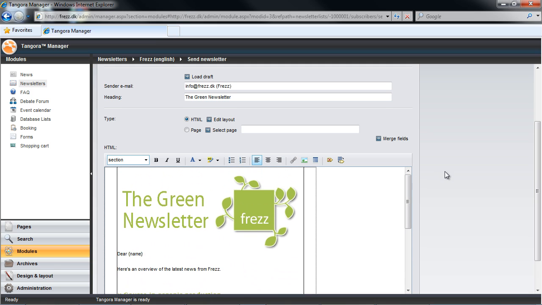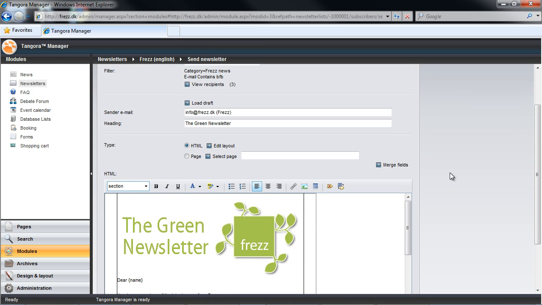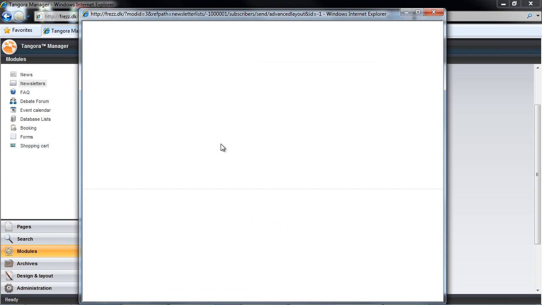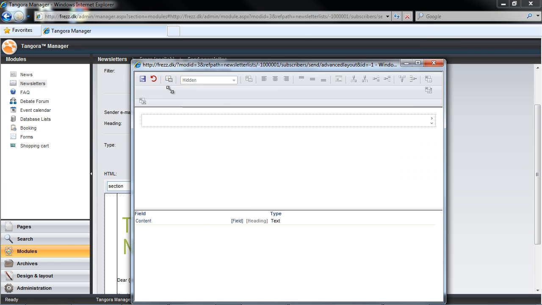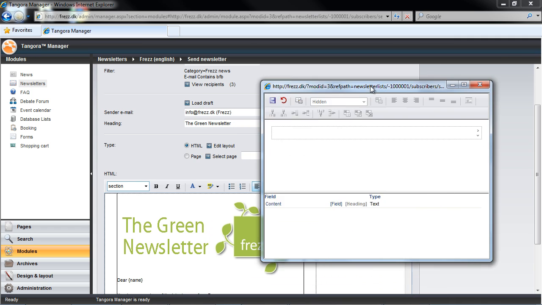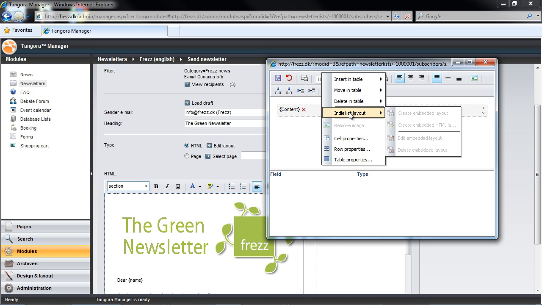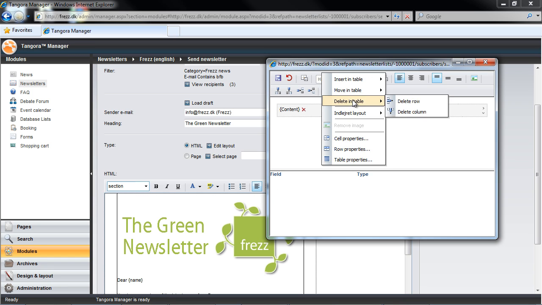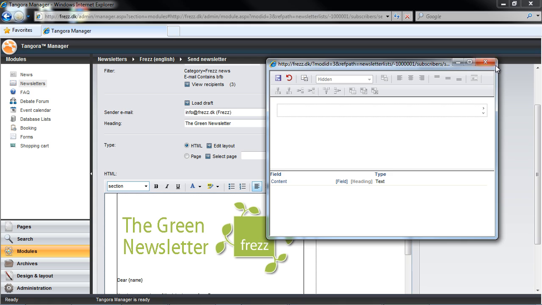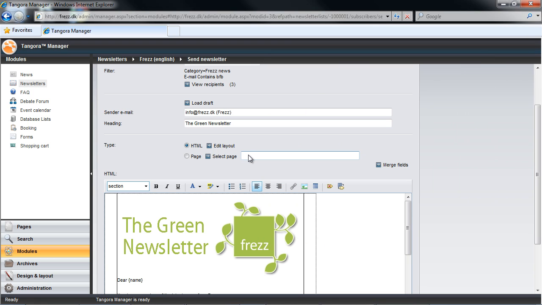I should note there will be a difference in the way that different email programs display the email, and I'll discuss this more later on. There's a button here called Edit Layout to the right of the HTML button selection, and this is a sort of wrapper that we could use if we had some kind of content like a header or a footer, which we prefer to put in this wrapper. Whether or not we use this feature is totally up to us, and actually I've decided not to use it here in this example, so we could just pass over.